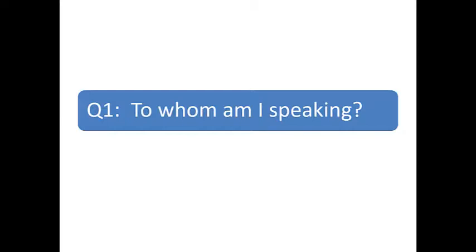In this video tutorial, we're going to talk about the first and part of the second question proposed. To whom am I speaking? And what is my goal in relation to my audience? When we ask, to whom am I speaking, we're engaged in a process known as audience analysis and also contextual analysis. When we look at audience analysis, we're looking at several questions.